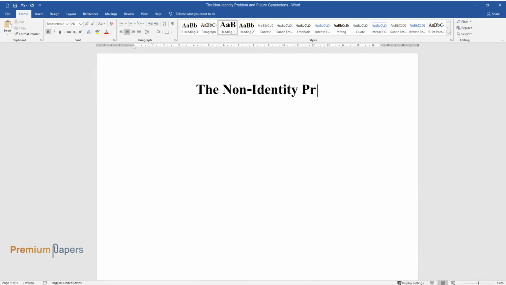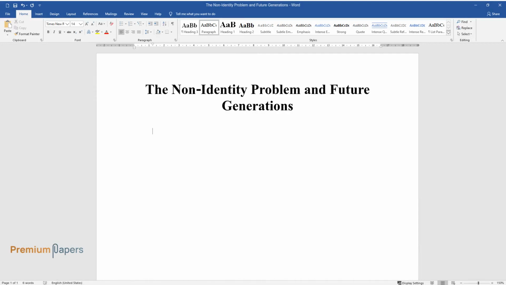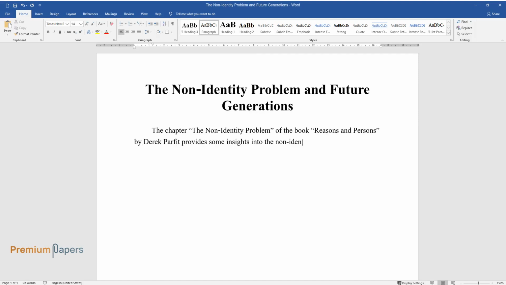The Non-Identity Problem and Future Generations. The chapter The Non-Identity Problem of the book Reasons and Persons by Derek Parfit provides some insights into the non-identity problem and how the choices that we make today determine the quality of life as well as the identity of